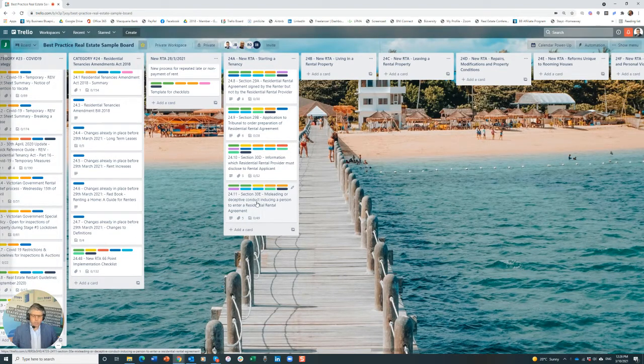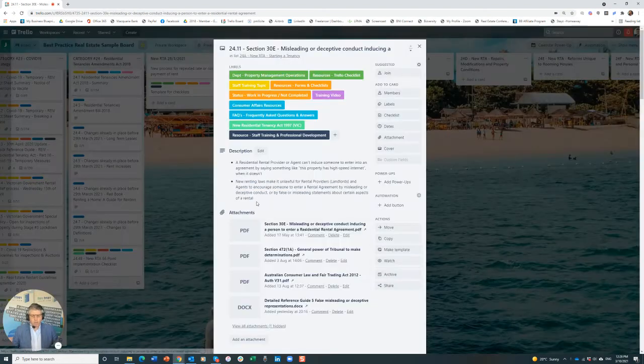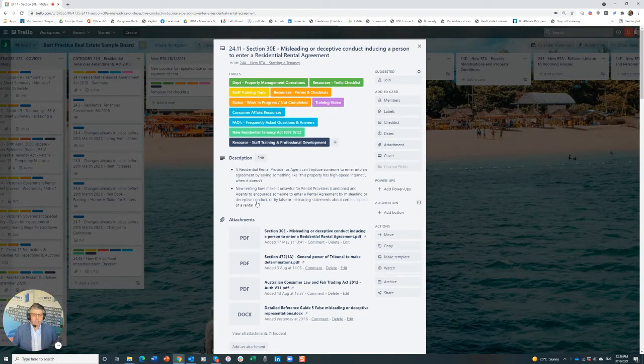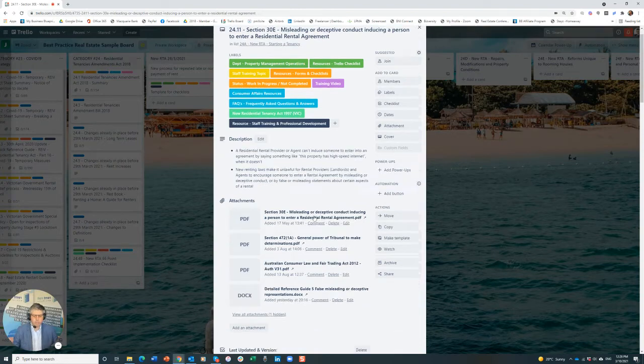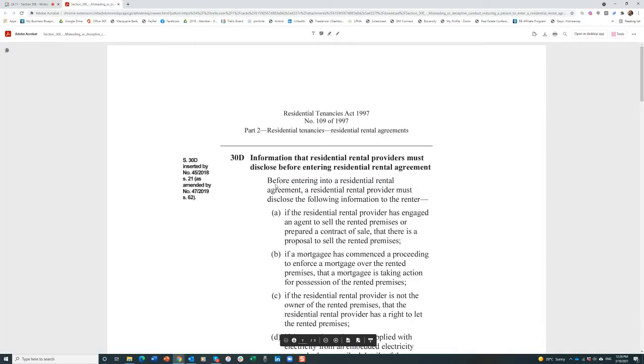It has to do with what the owner or the agent is informing applicants, not tenants at this stage, applicants, with regards to the property. So how is the information being overlaid back through to a tenant or an applicant? And this is really important. So we'll just open up the section of the Act, 30E, and you'll notice as we go through here,